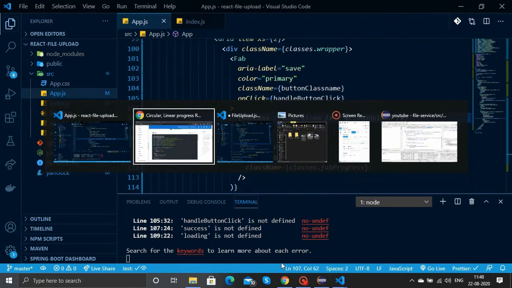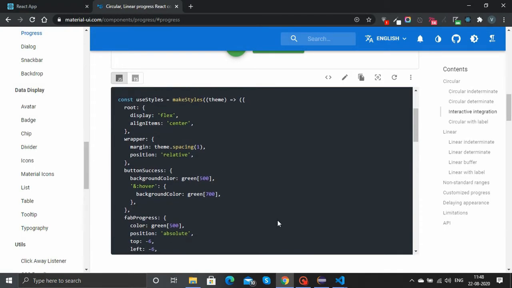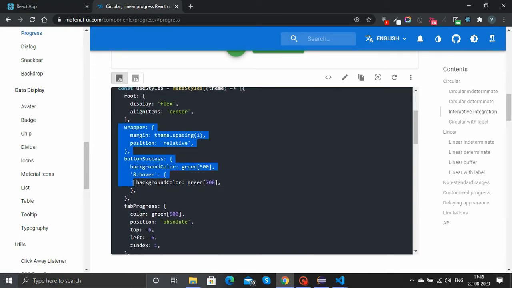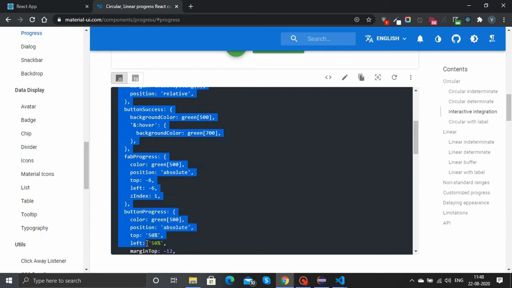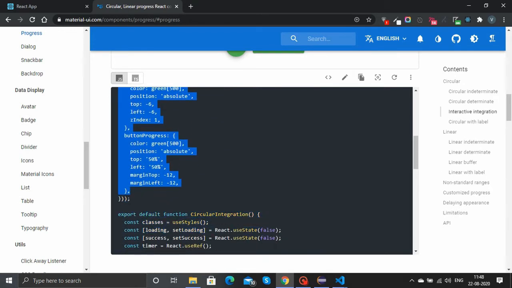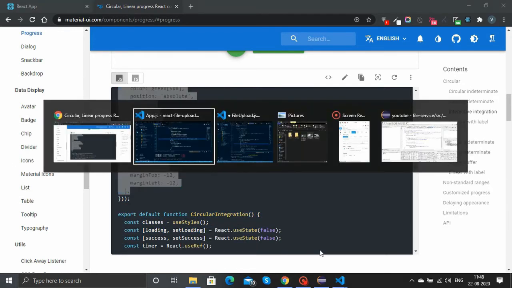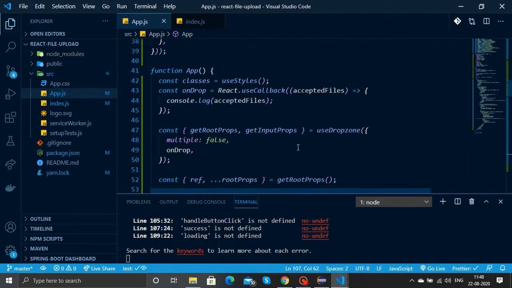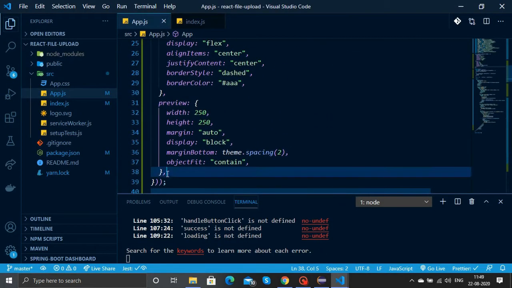So we need to copy some more things like success, loading, etc. First we'll copy the styles from the makeStyles. So we'll grab everything except the root and paste it inside our makeStyles.